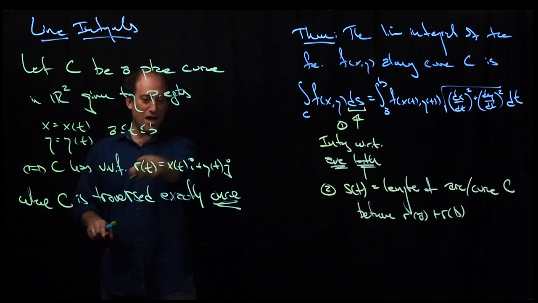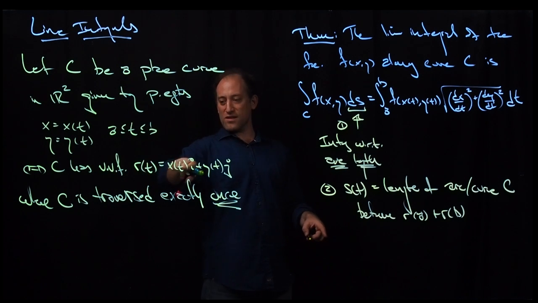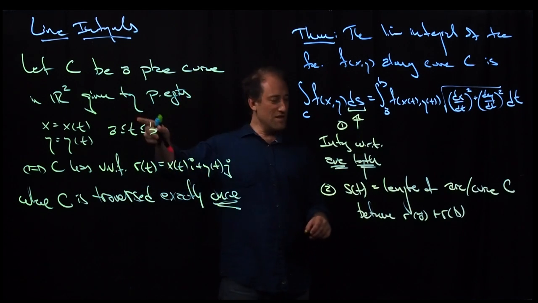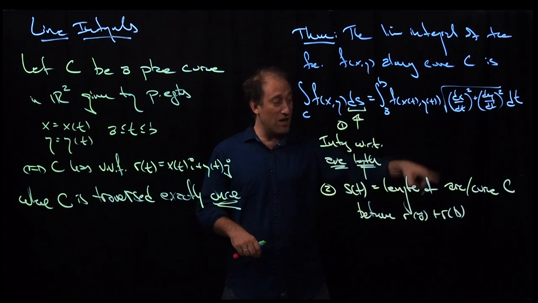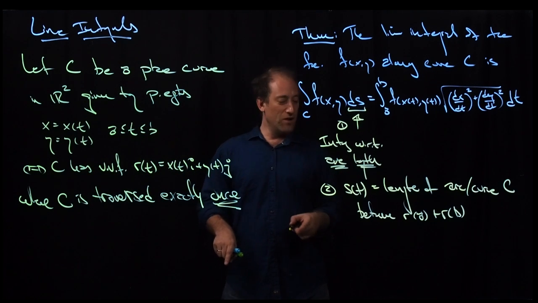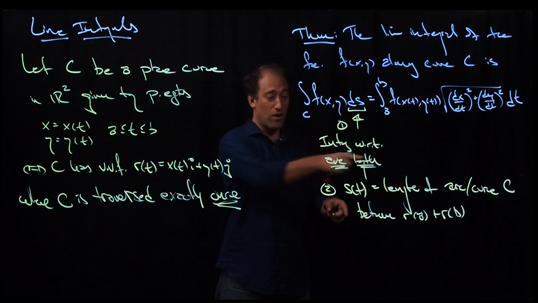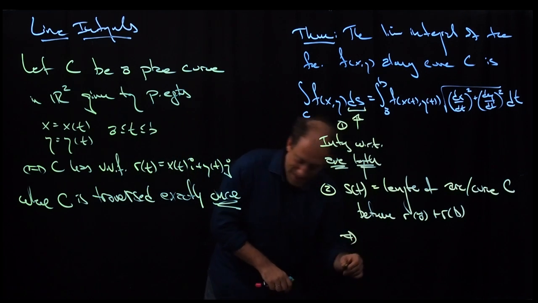Of course, those are the endpoints if I use the vector valued function interpretation of this curve C. So if s of t is the length of the arc or the curve C, given by r of t between r of a, or when t is a, and r of b when t is b, then I get that